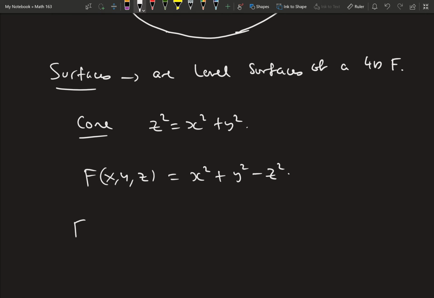Well, if I set F of x, y, z equal to 0, so that c is 0,